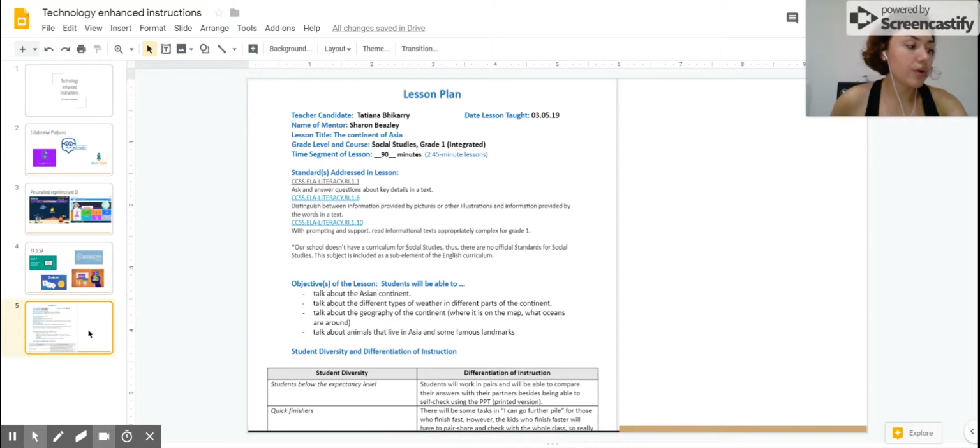Also, at the end of the lesson, the teacher let the students use iPads in order to research some information about some other continents to compare them. And I think it's a great way to address standards. For example, she managed to hit standard 3, knowledge constructors.